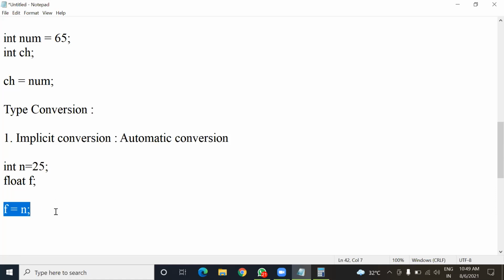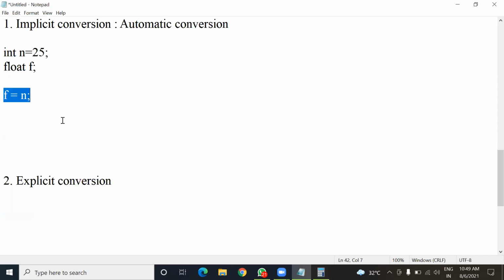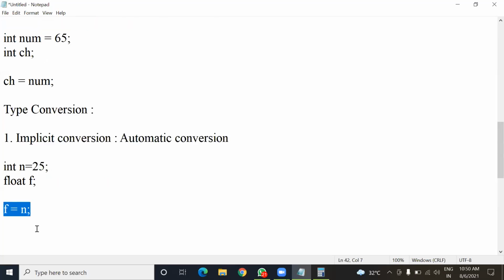In this expression, n is an int type variable and f is a float type variable. And I am trying to store an integer value inside a float type variable. So conversion will take place. First you should know what kind of conversion will take place here, whether it is implicit or explicit.